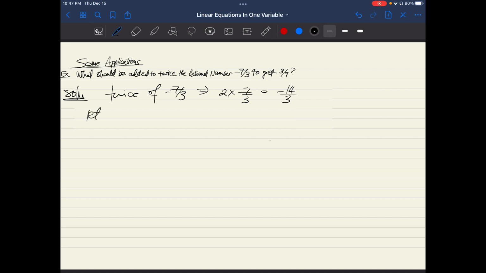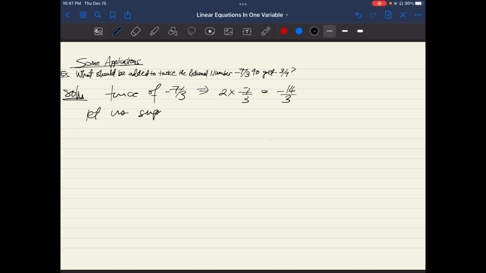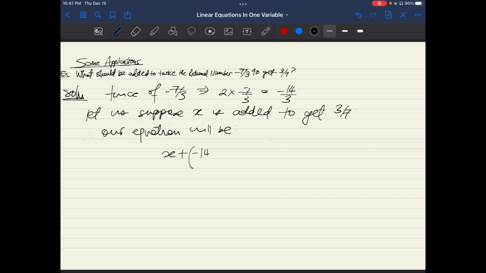Now, let us suppose that x is added to get 3 over 7. In that case, our equation will be x plus minus 14 over 3 equals 3 over 7. Now we're just going to solve this. It'll turn out to be 3x minus 14 over 3 equals 3 over 7, which implies 3x minus 14 equals 9 over 7, which implies